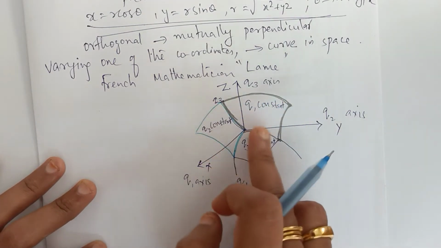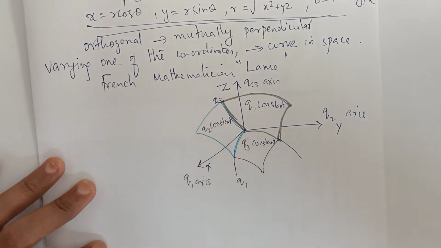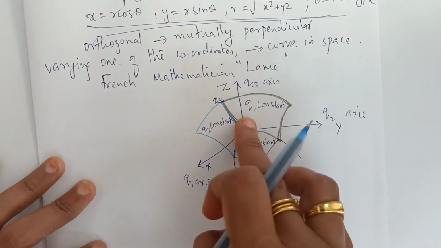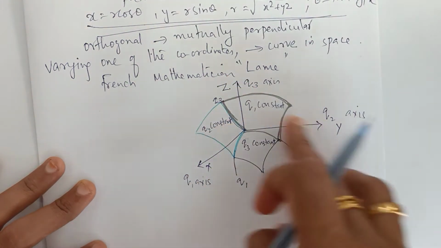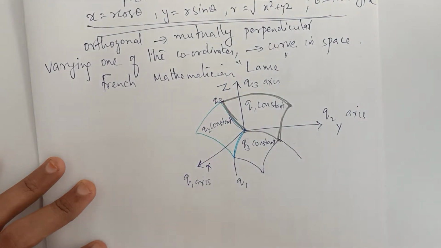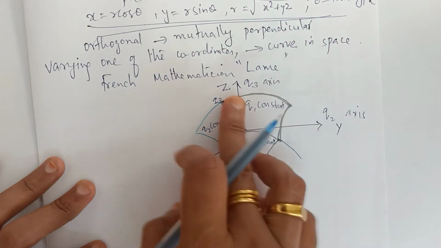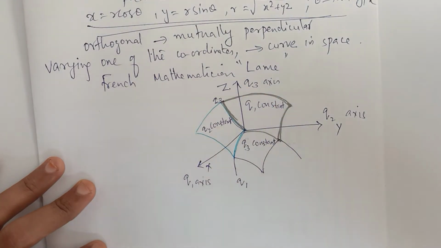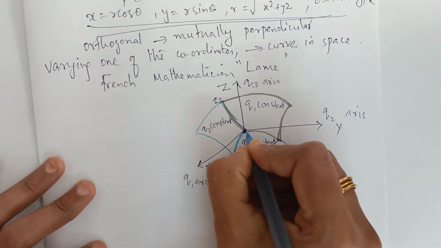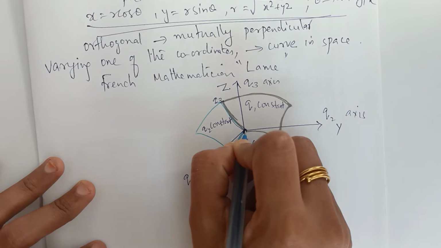These surfaces are not mutually perpendicular. If there is a point where these surfaces meet, we can say that is the curvilinear coordinates of